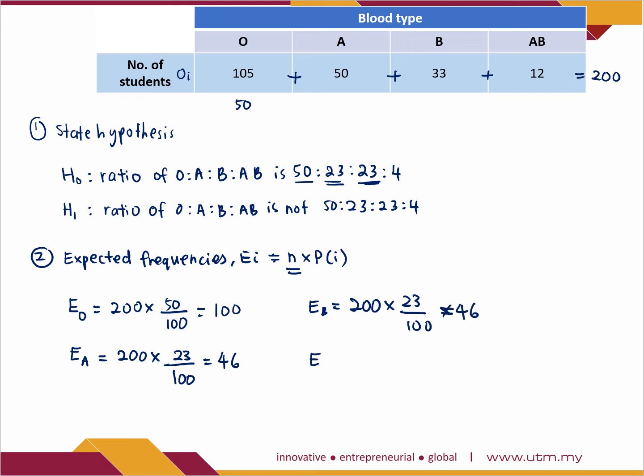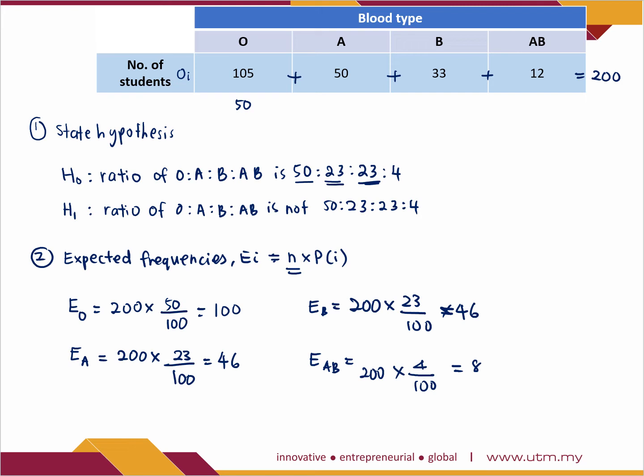And the last one is for AB. We expect that the ratio for AB is 4 over 100 among the total number of students, so here it would be 8. So we expect that the number of students would be 100, 46, 46, and 8 for the relevant blood groups. Okay, now next,